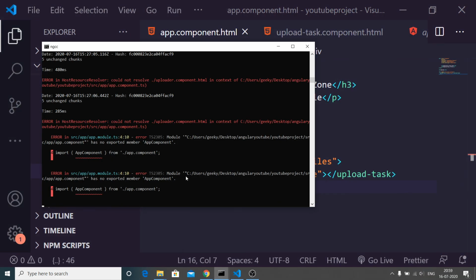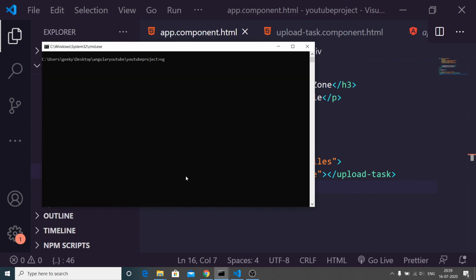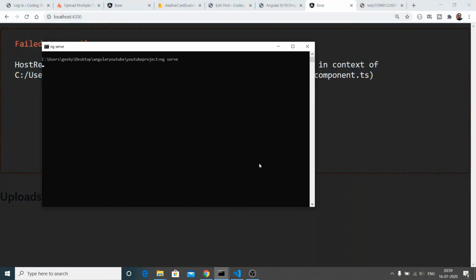What is the error here, guys? Let me compile it once again with the ng serve command.